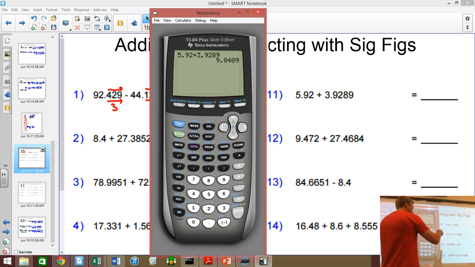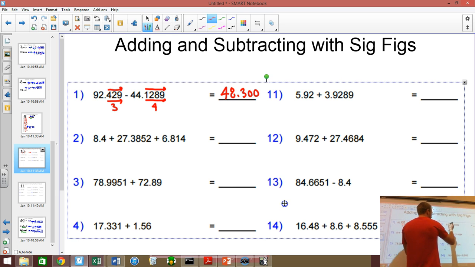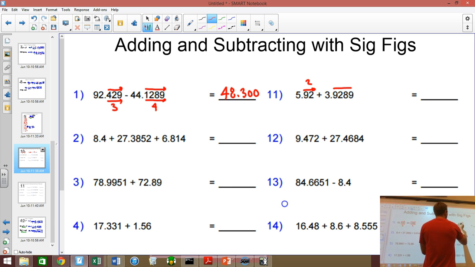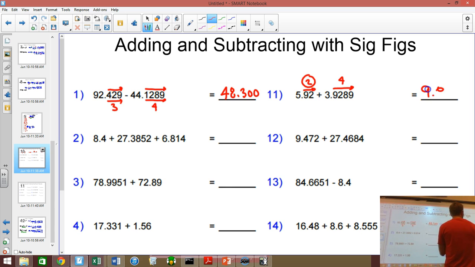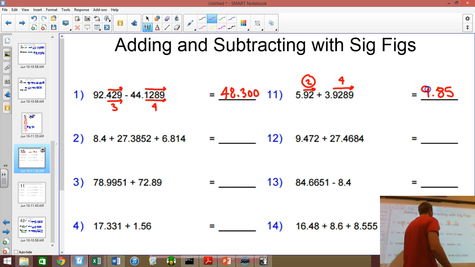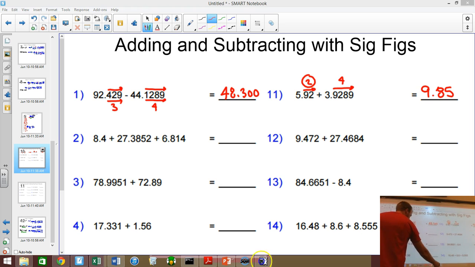So this, my 92 goes 2 to the right, and then this one goes 4 to the right. My answer can only go 2 to the right of the decimal, so 9.85. See it? 9.85. I had to round it up. I'll do one more for you, and then we'll go on to multiplying and dividing, because they're all pretty much the same. So we'll do 8.4